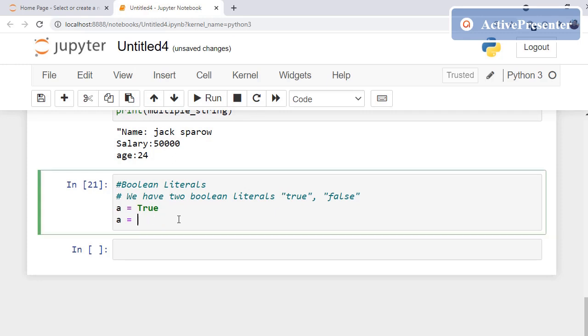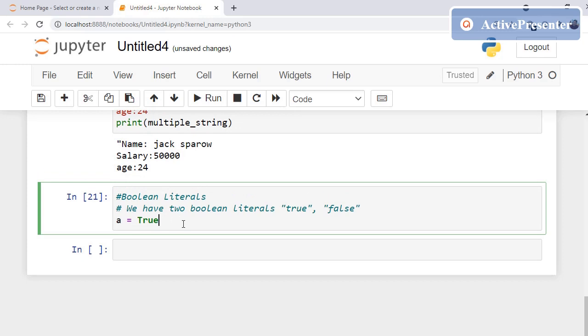But if you write it with capital T, True, then it will be a literal.